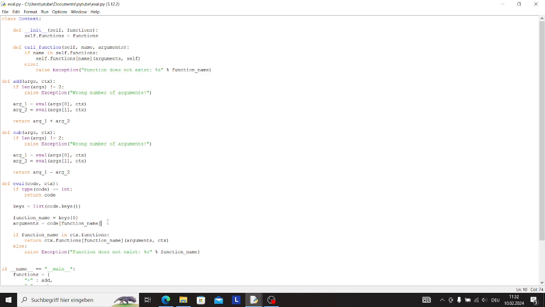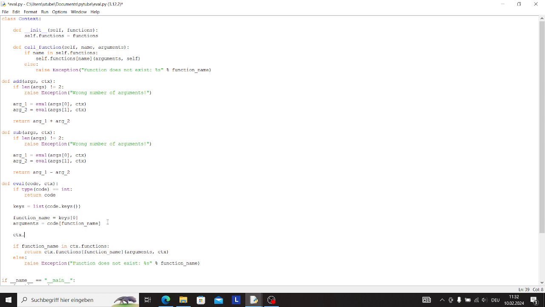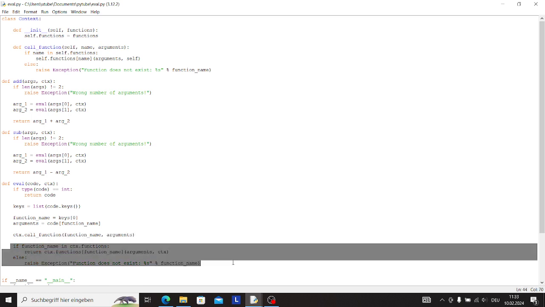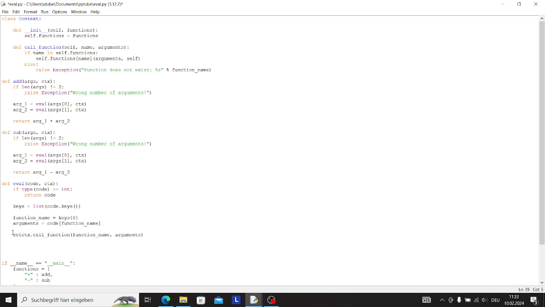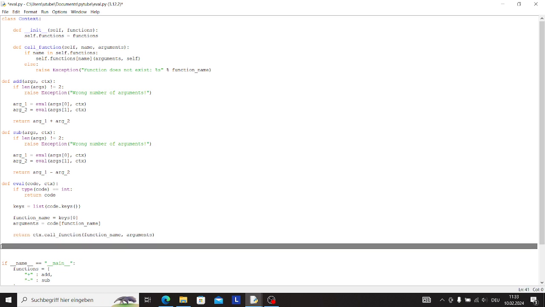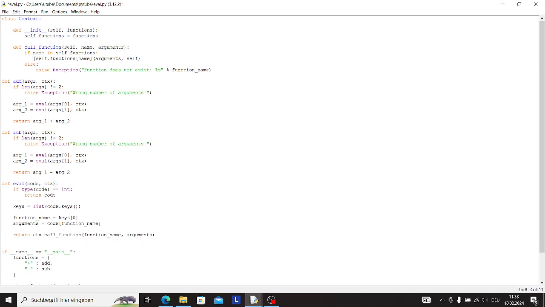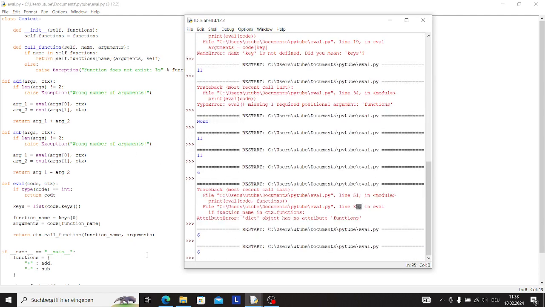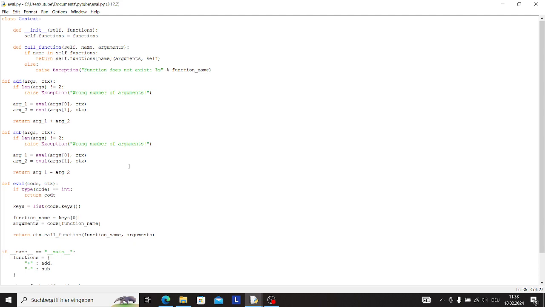Then instead of this, we just do context call function name arguments, return the value, and here also return the value, and now we should get 6 again. Okay, so